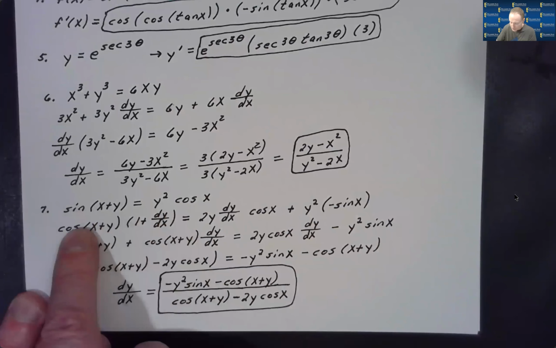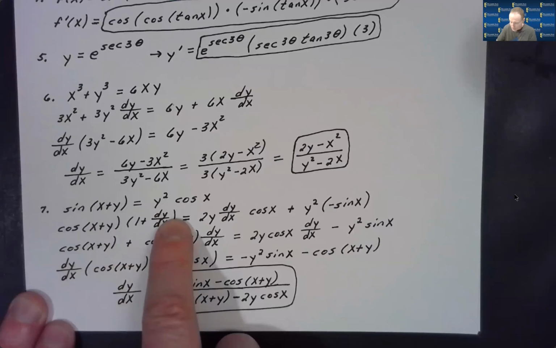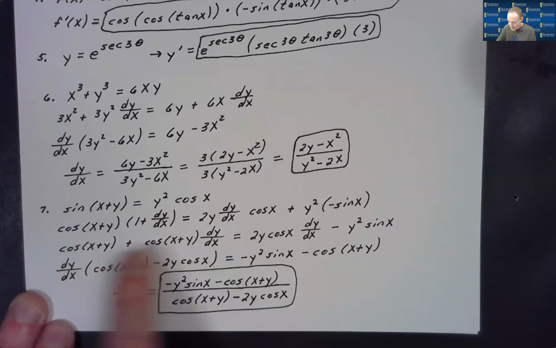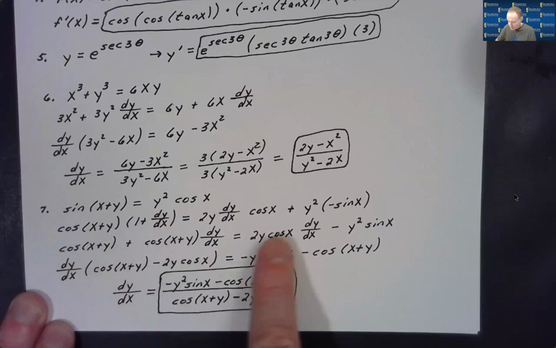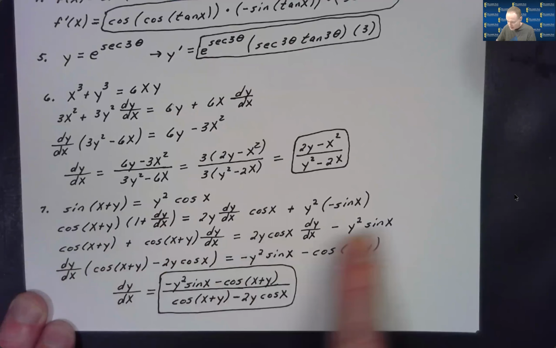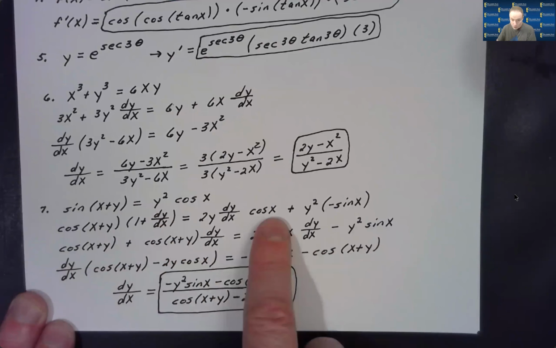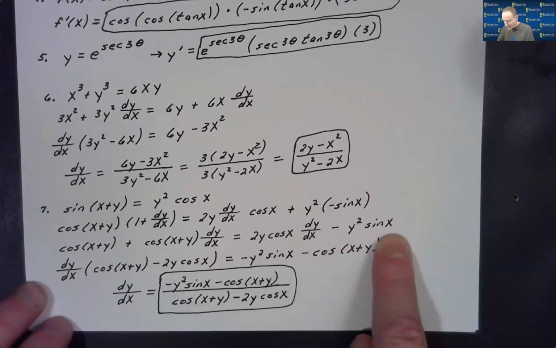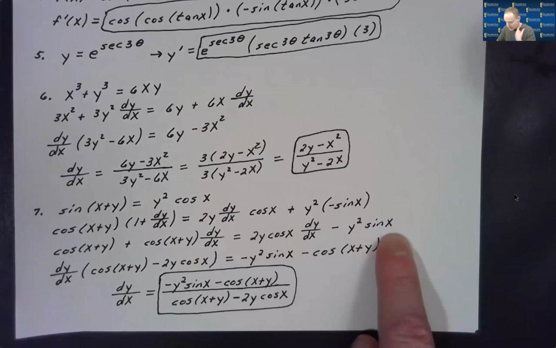Cosine x plus y multiplies a 1. I get, of course, cosine x plus y, but then it also multiplies the dy dx, and I'll get cosine x plus y times dy dx. So I had 2 terms on that left-hand side. I just left my right pretty much the same, except I put the dy dx at the end of the first term. Order of multiplication doesn't matter. And instead of saying y squared times a negative sine x, I just called that minus y squared sine x. Now, at that point, I would like to move every dy dx term to the left,